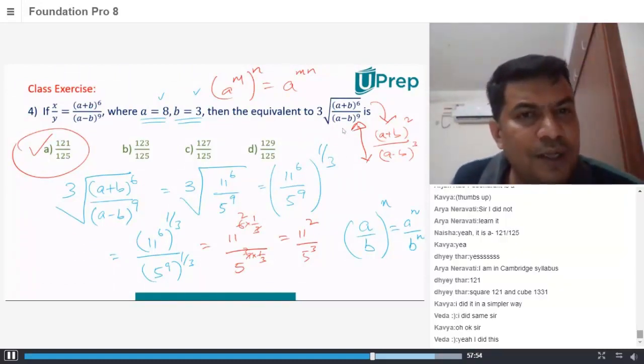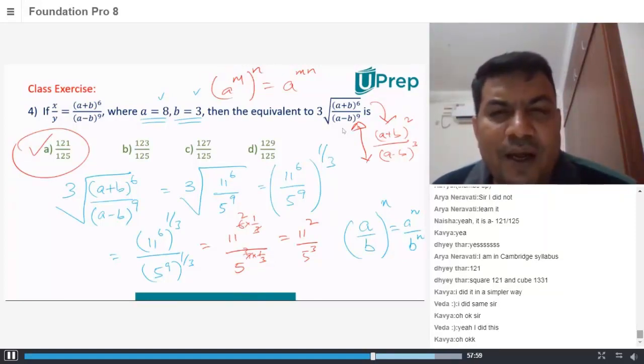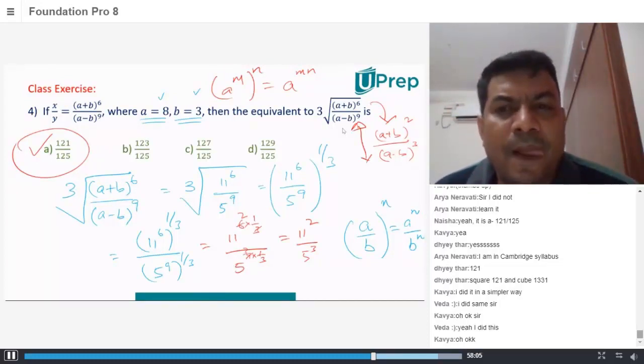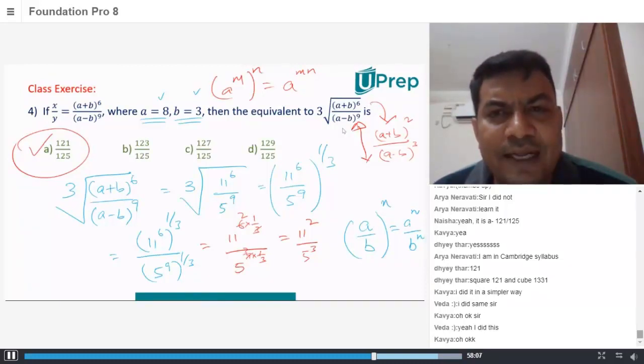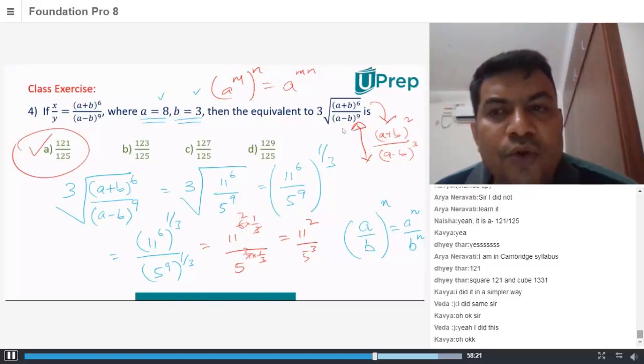So coming to Akshat. Akshat, which one? You have already learned exponents and powers, right? In 7th standard in CBSE? Yes. So which one did you find difficult here? I actually did it like a plus b whole to the power of 6, I made it a to the power of 6 plus 3 to the power of 6. Why are you doing all that? Numbers are already given to you, right? A is 8, B is 3 given to you. Why are you doing all that?